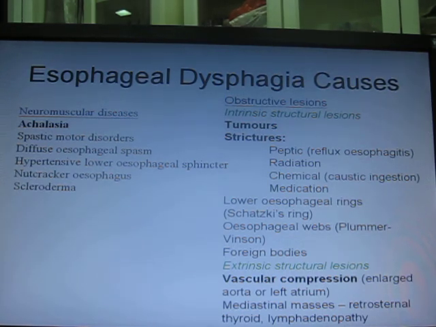What's important to note is that sometimes there is this thing called pseudo or secondary achalasia, where cancers can produce achalasia, or not just cancers, like Chagas disease also. Anything that affects the neurons can result in an achalasia-like picture. So esophageal cancer could actually present as a neuromuscular cause in terms of symptomatology. So it's important to note. Obstructive lesions,